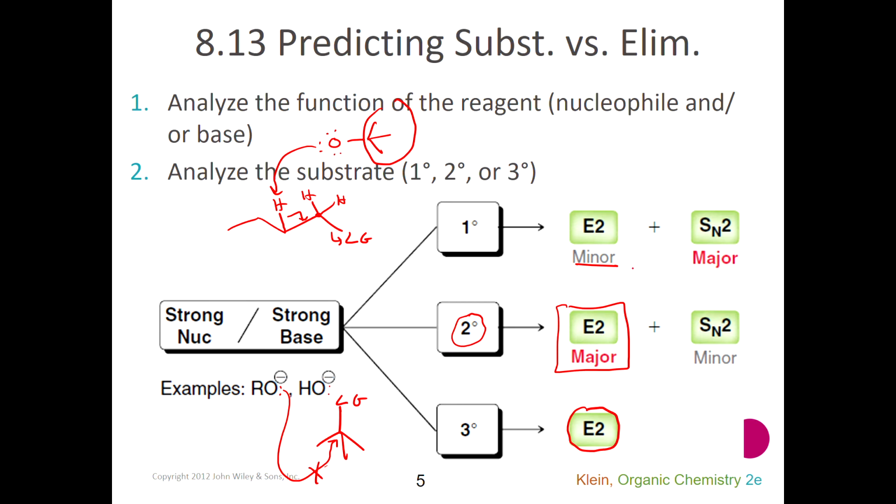But what we're saying here is generally, most of the time, or on average, since a primary carbon is not very sterically hindering, we expect these oxygens with a negative charge, which are strong and unstable and need to start reacting right away, usually have enough space to come in right away and push the leaving group out and do the substitution rather than having to go for the beta proton. Right? When the leaving group is there,